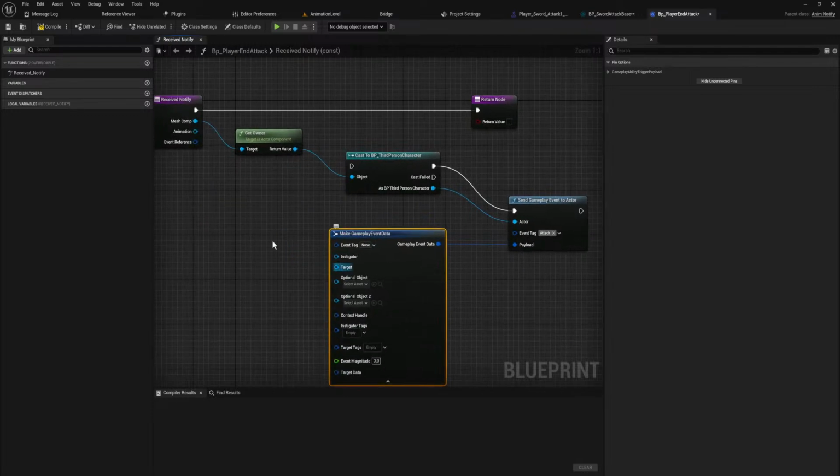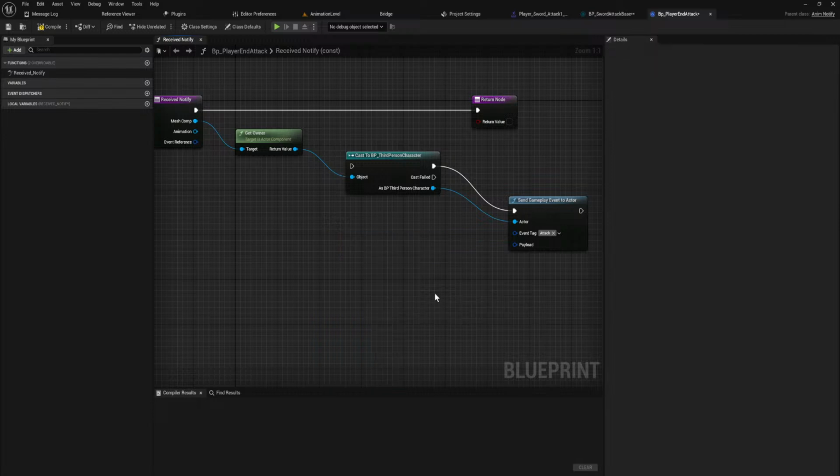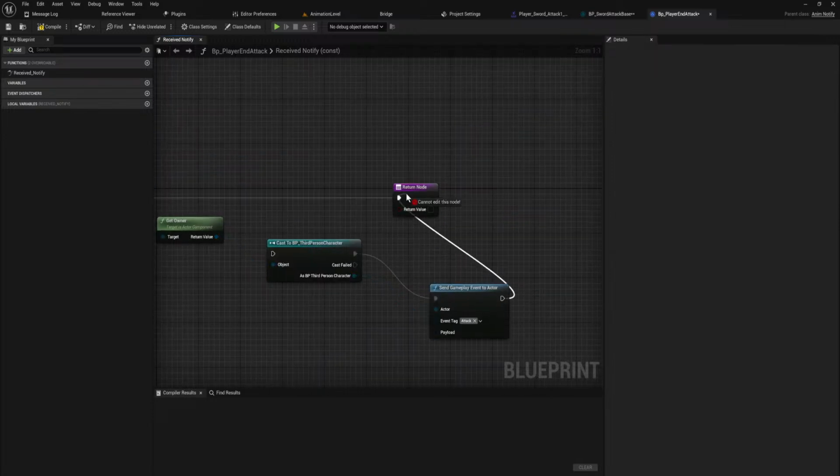Make a payload. Don't really care, honestly. Just need to send like a message.